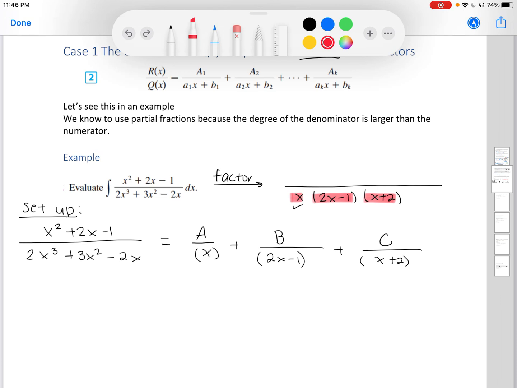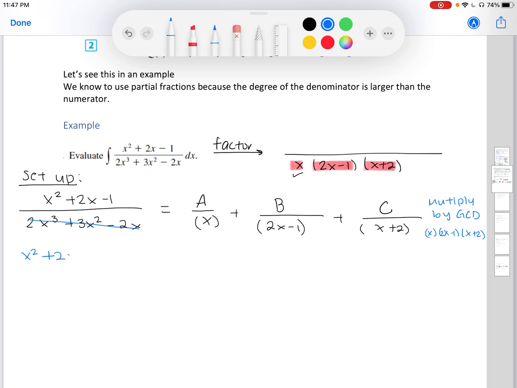Okay, from here, let's go ahead and simplify this equation. We have an equation we created. So we're going to simplify by using some algebra. Let's multiply both sides of our equation by our greatest common denominator. In this case, it's going to be x, 2x minus 1, and x plus 2. Let's multiply that to both sides. That's going to make this denominator cancel, so that we're left with